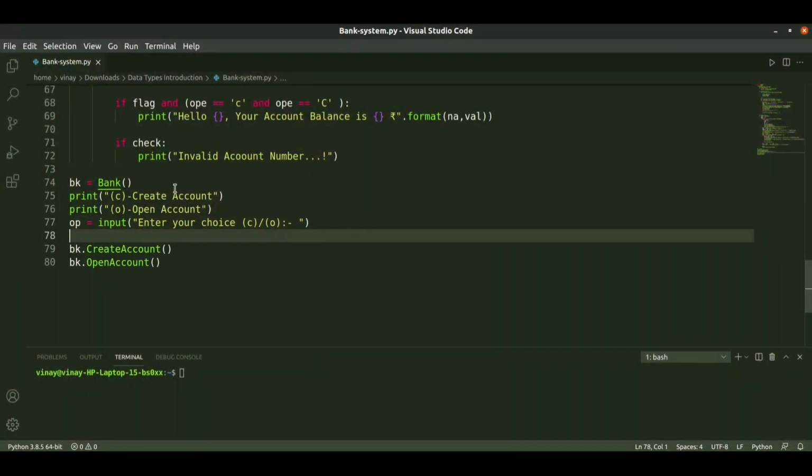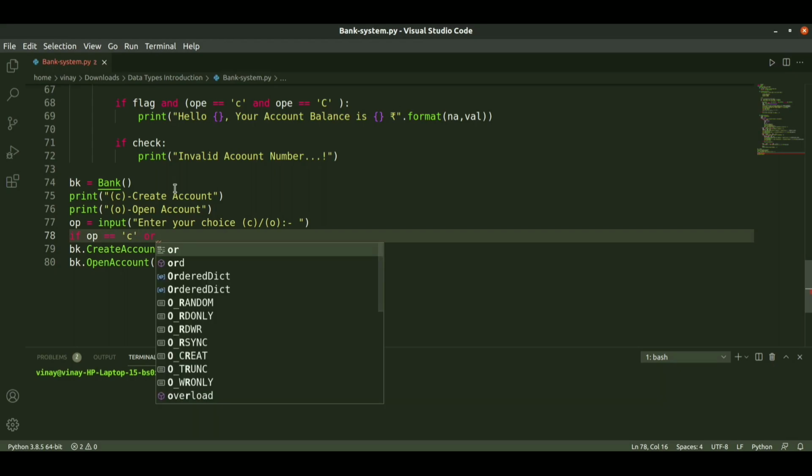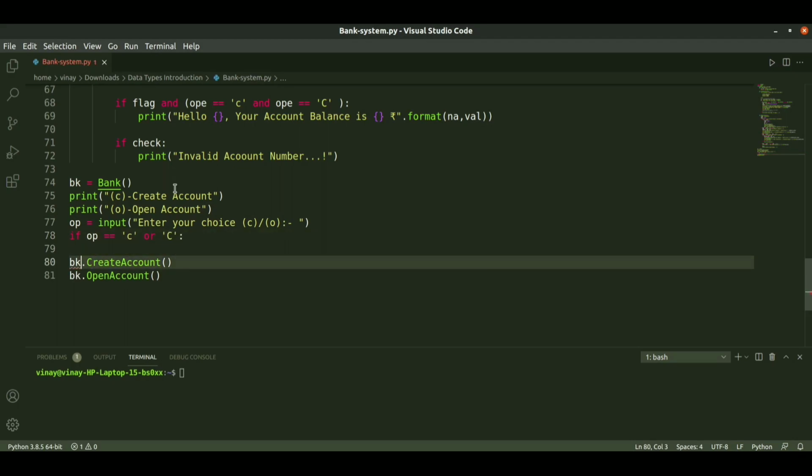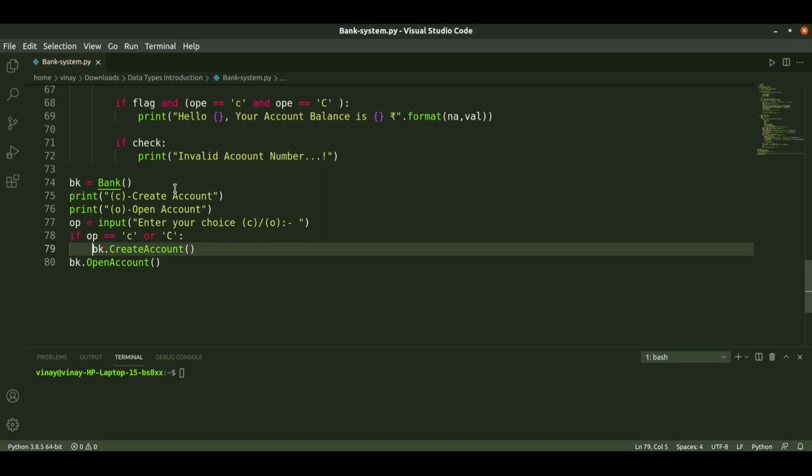And next, if operation is equal to C or capital C, then he needs to perform the create account method.